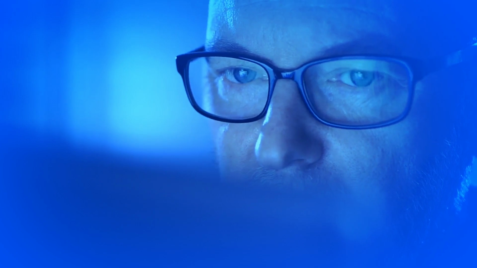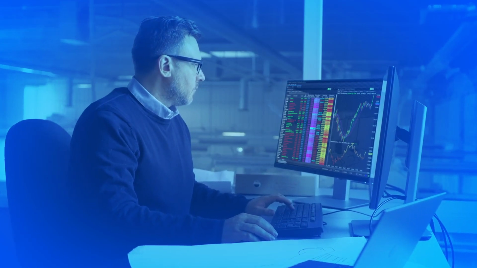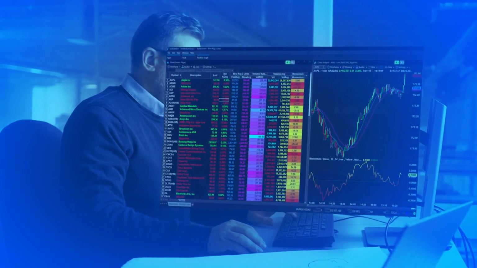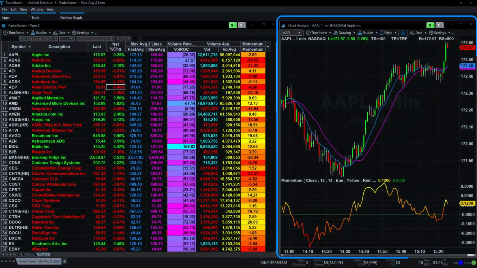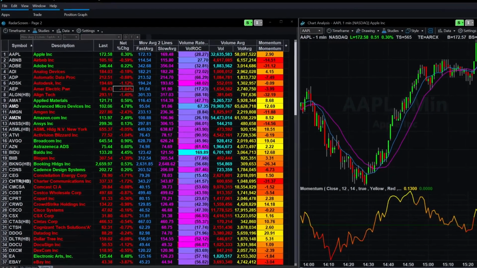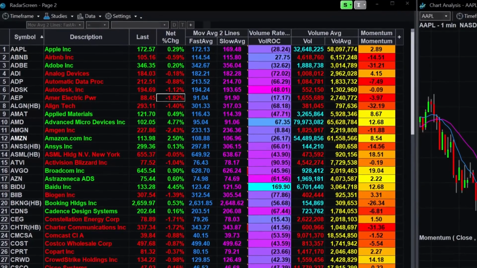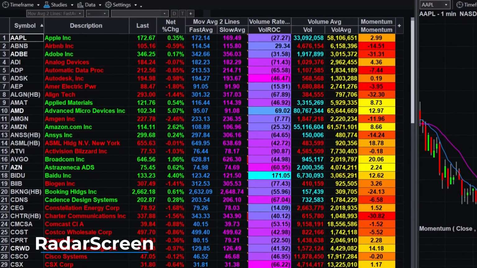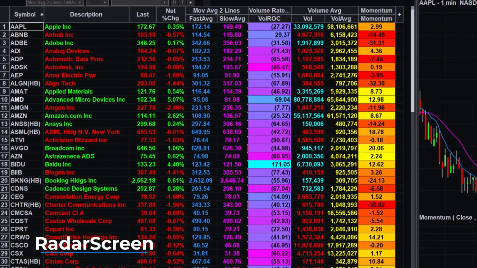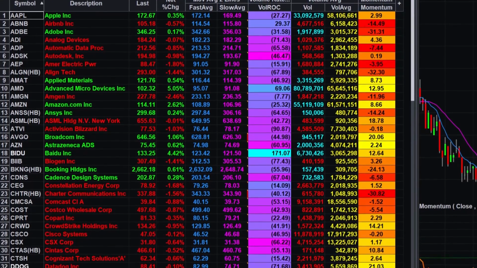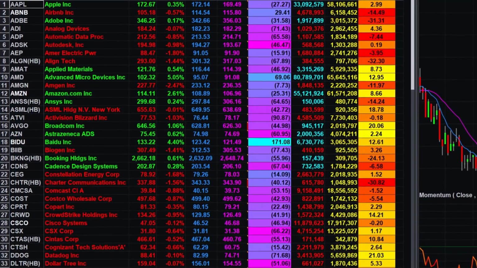Real-time trading information is essential for many traders looking to identify trading opportunities. Most will monitor tick-by-tick updates by analyzing a security on a chart. But this is limited to one symbol at a time, and you may miss out on other opportunities. TradeStation's RadarScreen is a real-time ranking and scanning tool that sifts through hundreds of symbols, simultaneously identifying the ones that